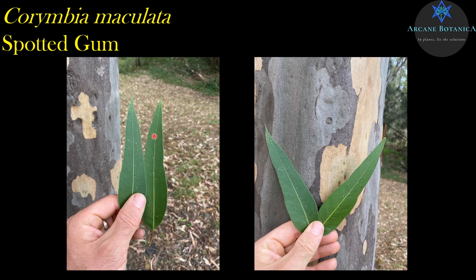Just some leaf features. Again, probably about 15 centimeters long or thereabouts, a couple of centimeters wide to about 3 centimeters. And I have turned that leaf over, and you can see, we could argue about it, but it's pretty much the same shade of green on each side. I guess we can match it up to a paint chart and argue about it, but they're described as being concolorous. So that's just an example of concolorous leaves. Hardly any difference on the underside compared to the top side.